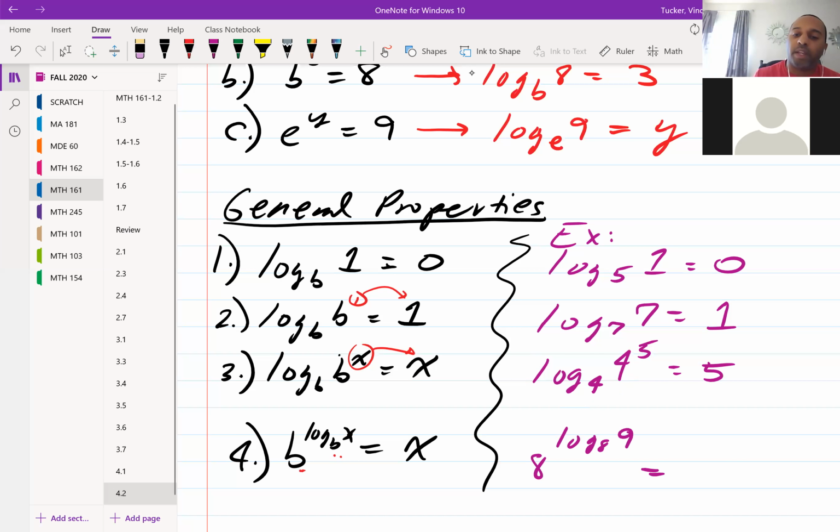And then here, 8 to the log base 8 of 9, you'll be left with just 9. And same thing happened, this part pretty much cancels out. You're just left with the 9